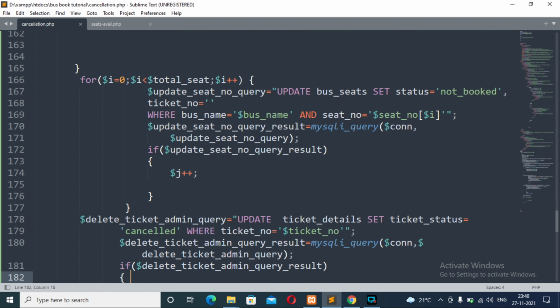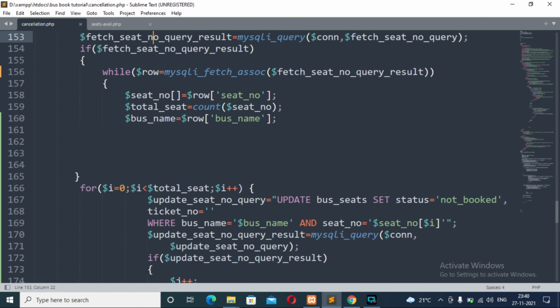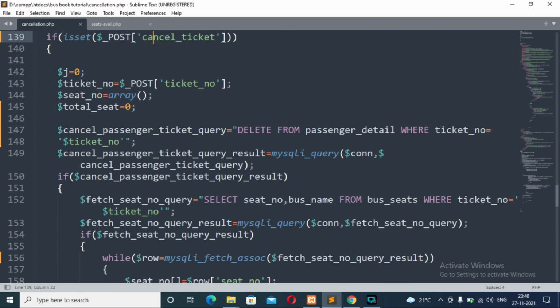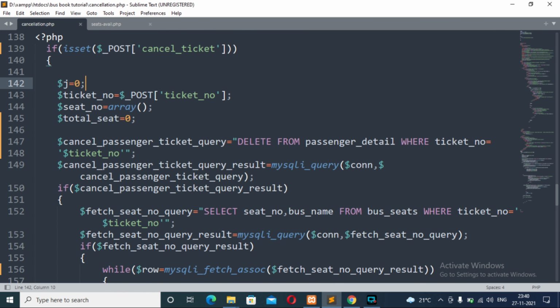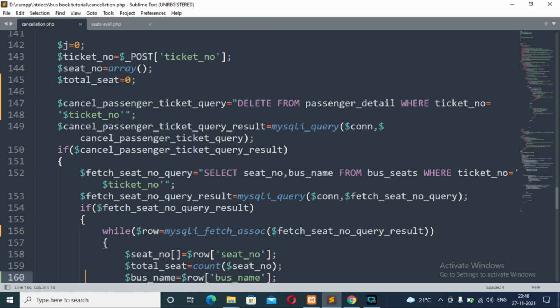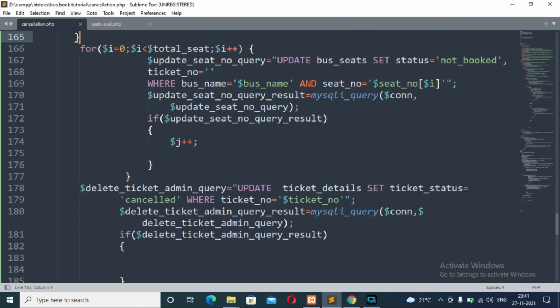If this returns true, then we increment our PHP j variable by 1, which is initially assigned 0, inside an if statement on line number 142, as you can see on the screen. After the for loop, I am updating the ticket details table as I told you just before.